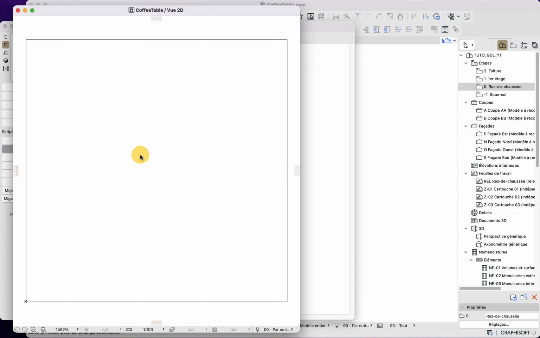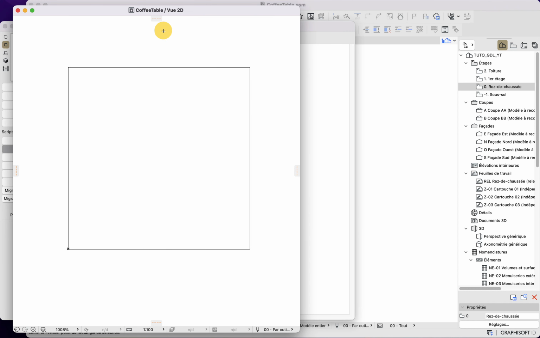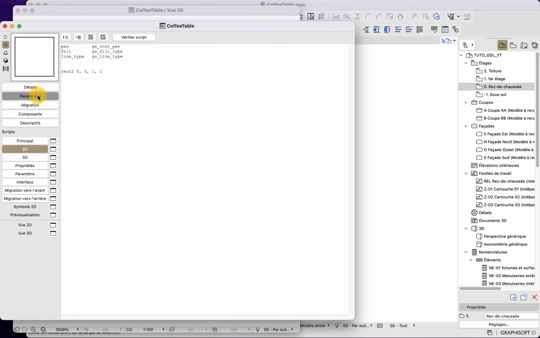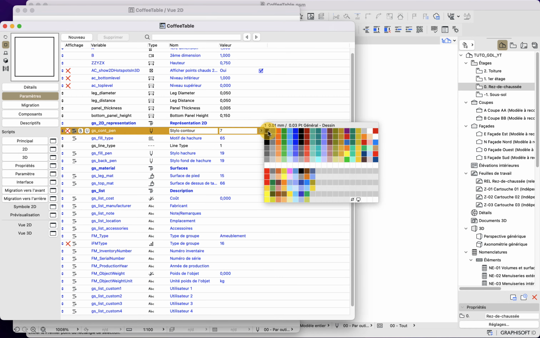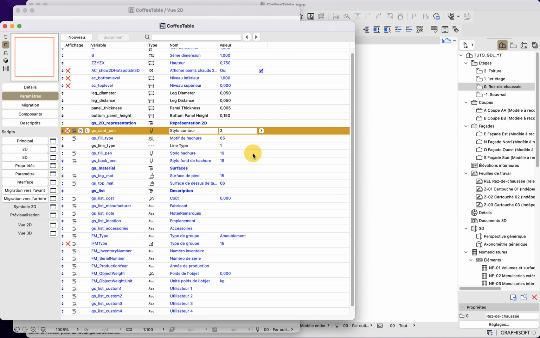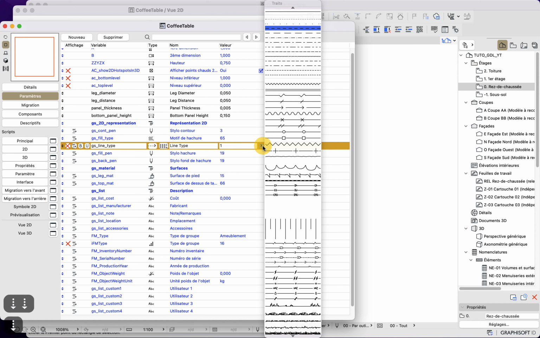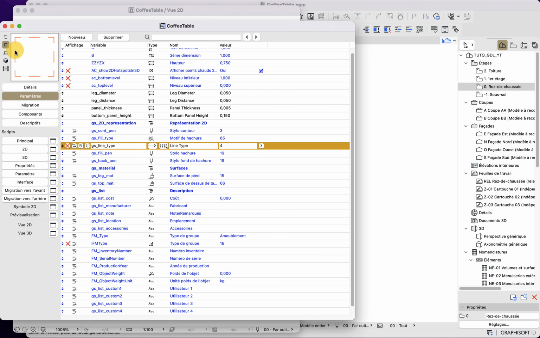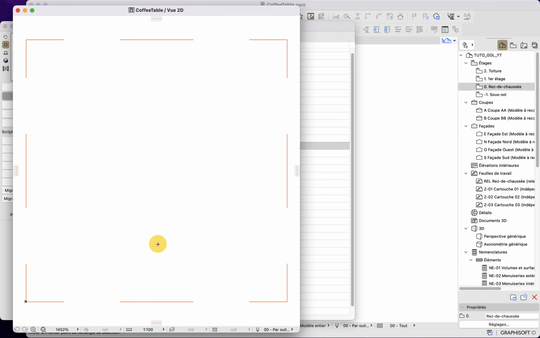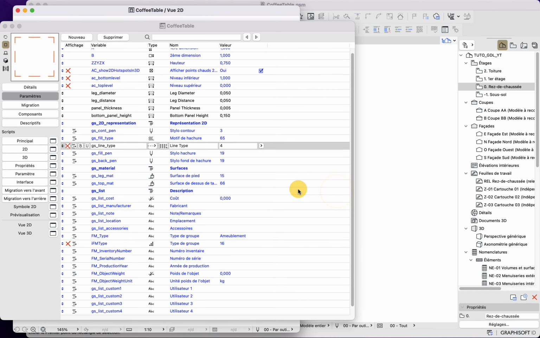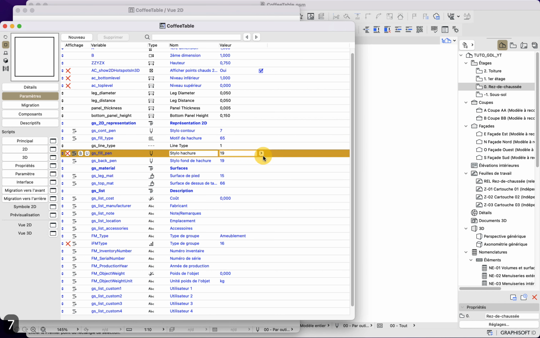So here you can see in the 2D preview pop-up that now my square is black. I can change this and test it. Here, if I go back into my GS pen content and put it in orange that way, or change the line type as dashed, for example, you can see now that my previewing window has updated accordingly. Similarly, if I go back to my 2D preview pop-up and change the scale, I can see the dashed line change as well. So now I will go back to the default value here, 1 and 7.